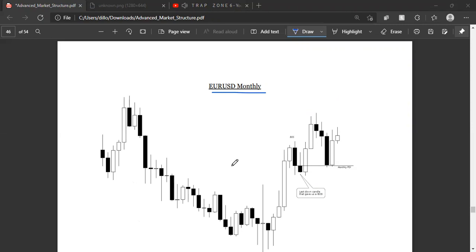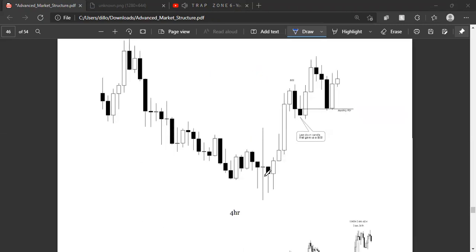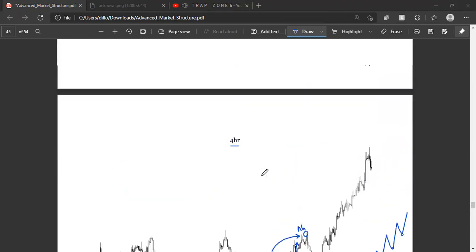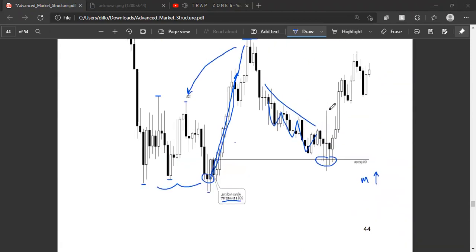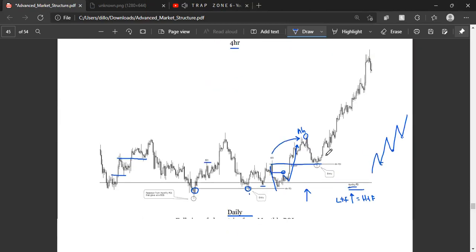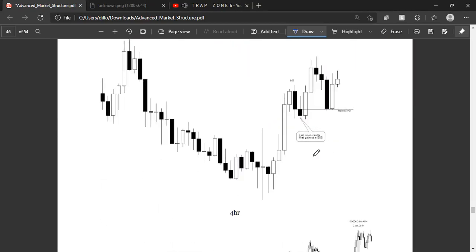Okay, so let's get into it. All right, so if we notice here, what does this structure look like? You see this long wicked candle, right? This was that rejection from that monthly point of interest. Well, if we go to our next example, there's that long wick